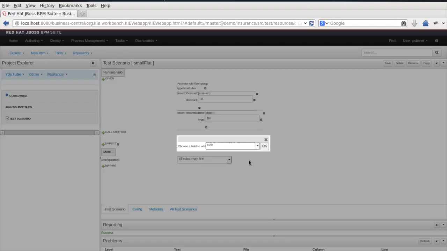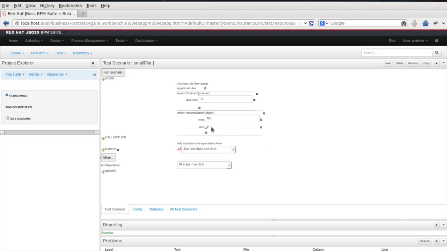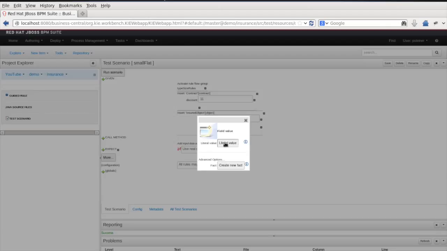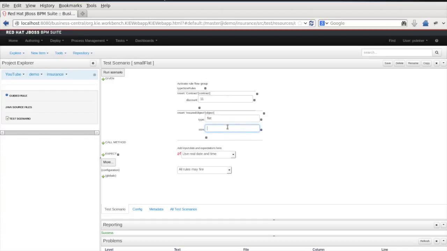Remember the rule fired if it is 60 or less, so we'll give it a size of 59. So if this is given and the rules that belong to the rule flow group type size rules run,